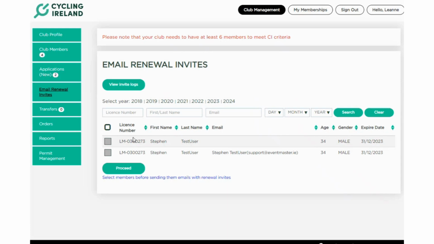So in here, if you want to renew certain individuals together, you can just tick each individual box, but the best option is to tick this top box here next to license number. So this essentially will select all the lapsed members. Again, really useful for sending out a mass renewal invite to all members of your club that are lapsed for next year. So if I click on proceed,